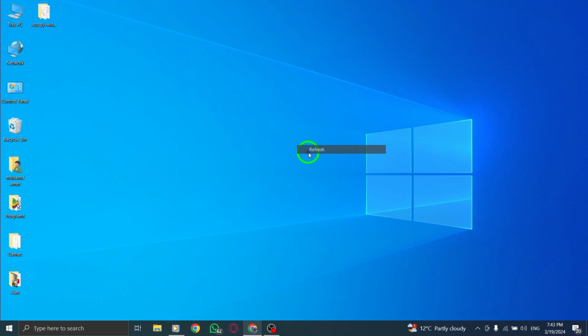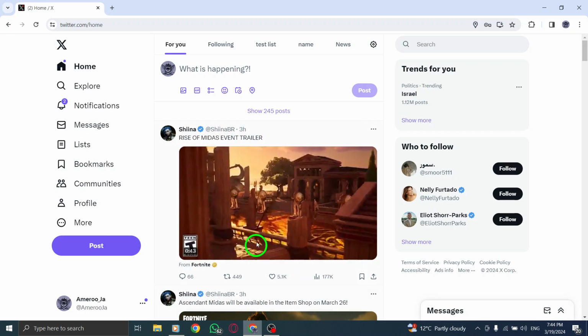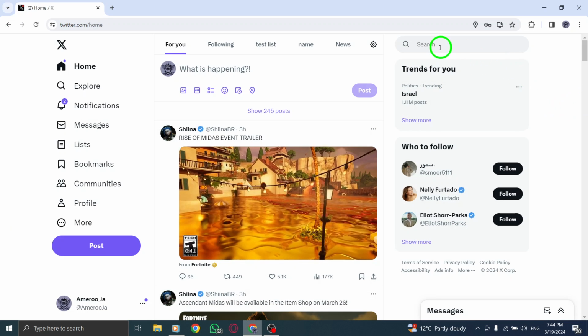Welcome to our guide on how to delete search suggestions on Twitter using your PC. Let's go through the steps together. To get started, open Twitter on your PC and locate the search box in the top right corner of your